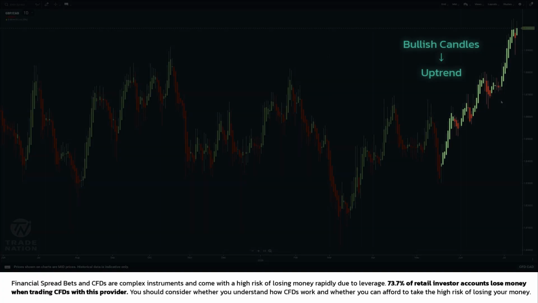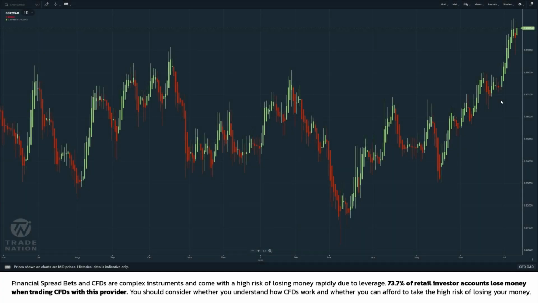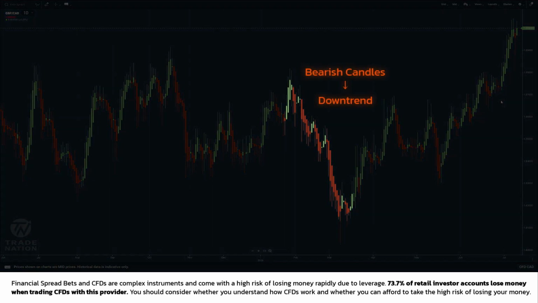When the market is moving higher, Heikin Ashi will often show a sequence of bullish candles. Strong candle bodies with little or no lower wick suggest that buyers remain in control. This can help traders stay focused on the trend rather than reacting too quickly to minor pullbacks. When the market is moving lower, the opposite applies. A series of bearish candles with strong bodies and little or no upper wick suggests that sellers are still driving